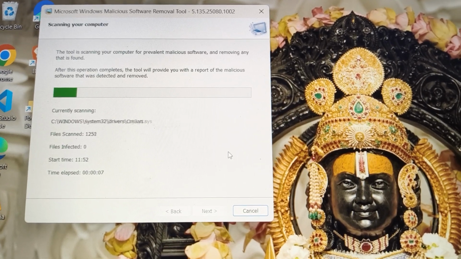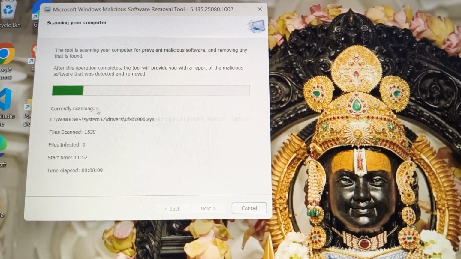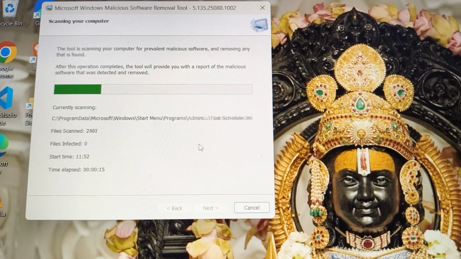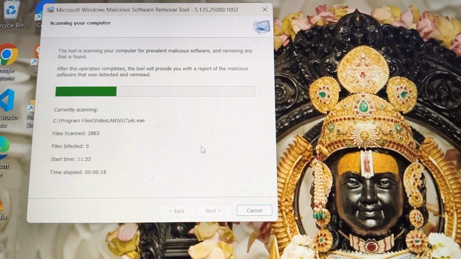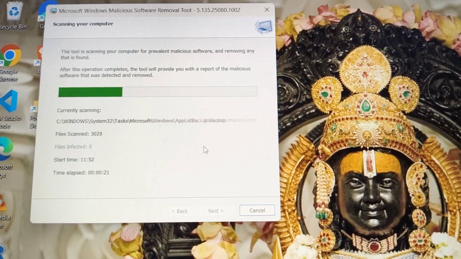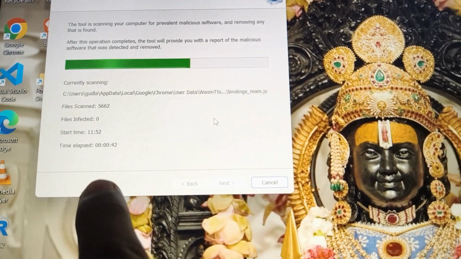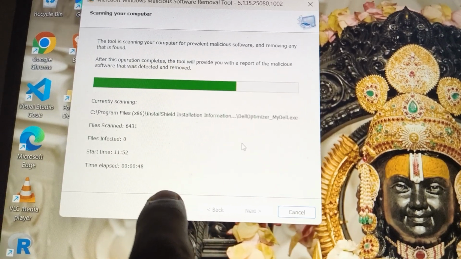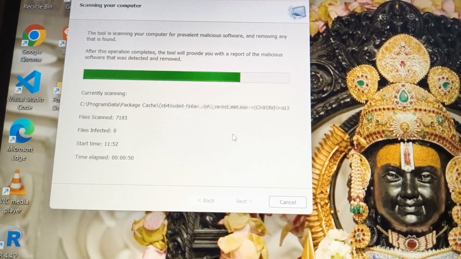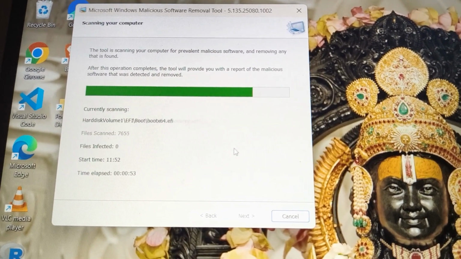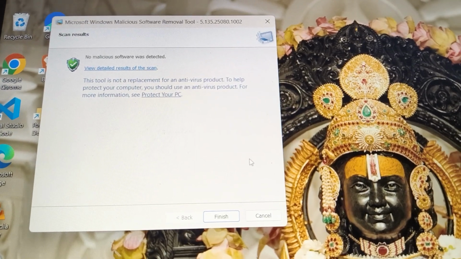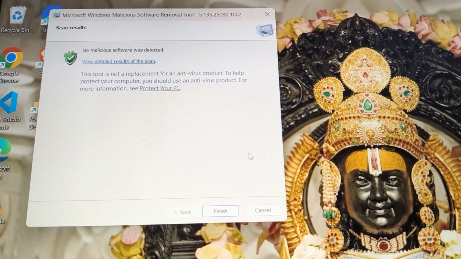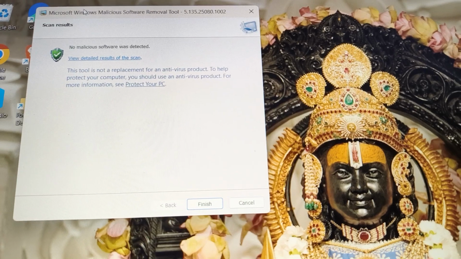After some time it will scan your whole system and it will remove all the malicious files and malicious related software. So this is how it works. We can see here it has scanned 5,000 to 6,000 files within 48 seconds, within 50 seconds. Yeah, done. So it has scanned all the files and software in my device, and it found no malicious software